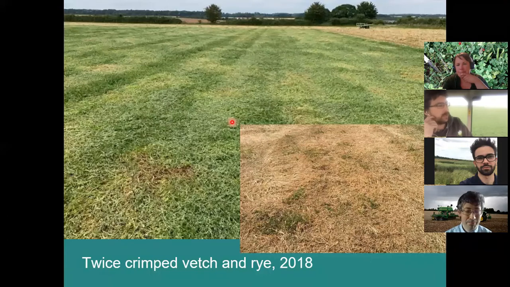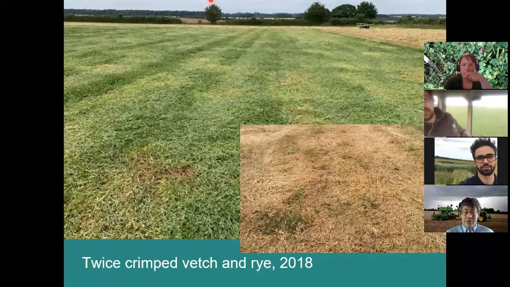Well, yeah, we play around with the crimper. I'm afraid we still fall back on the plough. It's what you do with the time between the crimping and the next crop. Normally when we're crimping, vetch is probably end of this month. We then probably won't put a wheat crop in it until October at the earliest.